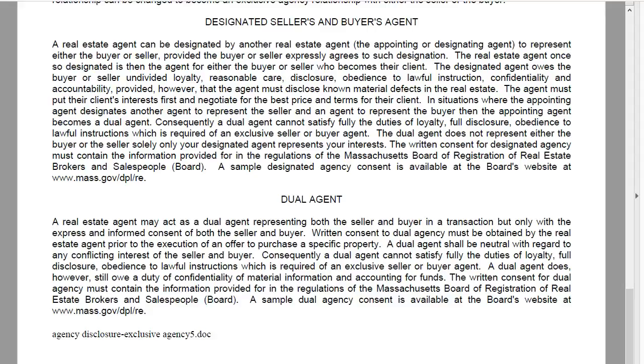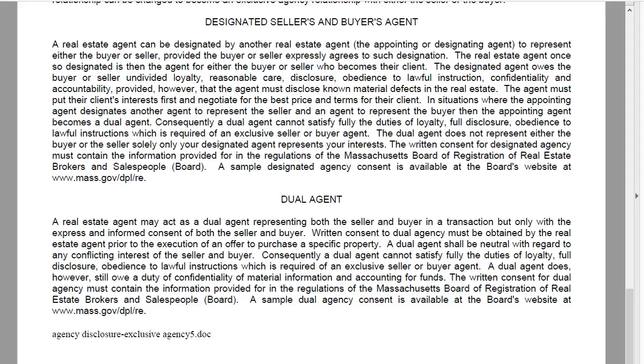A dual agent does, however, still owe a duty of confidentiality of material information and for the accounting of funds. The written consent for dual agency must contain the information provided for in the regulations, and so on. You can find a sample form at the board's website. So,